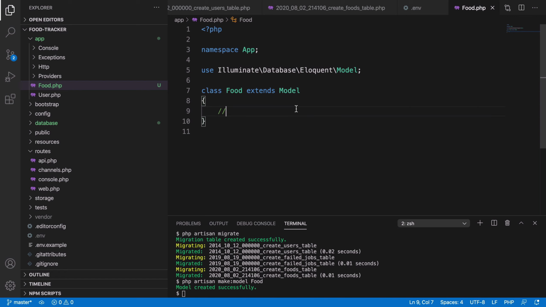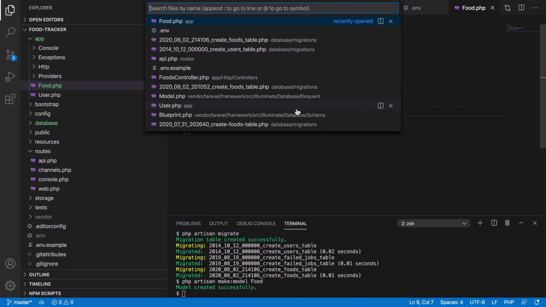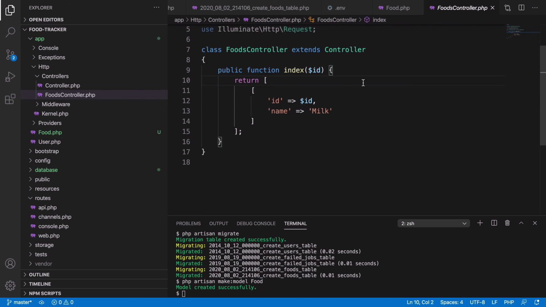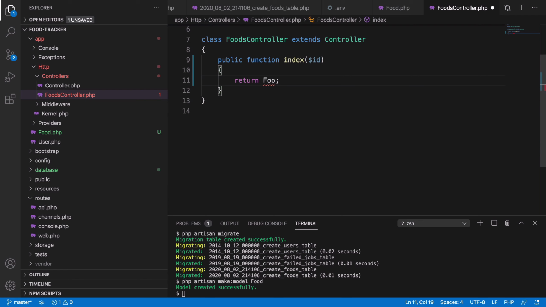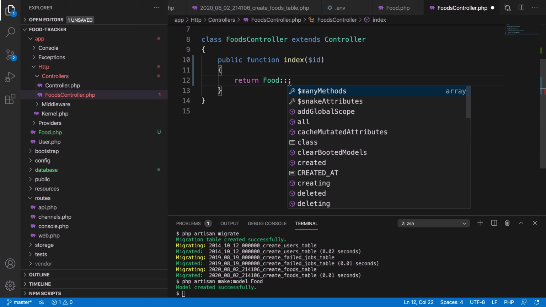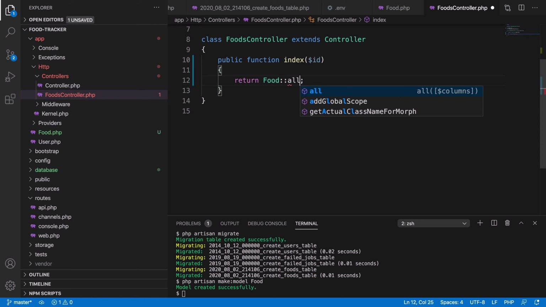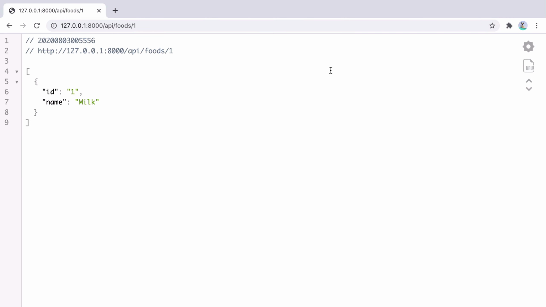Now that we have a Food model, we can query the database and return the records whenever our API endpoint is called. So if you go to FoodsController, instead of returning this hard-coded JSON, we can call the all method on the Food class. So we can do Food::all. And now if you go to our browser and refresh,